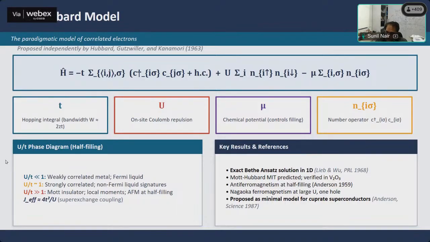Now, if you go to the other end of the spectrum, where U by T is much larger than 1, that means your effective bandwidth or hopping integral term is much smaller, whereas your Coulombic repulsion is very, very large, then clearly the system cannot remain conducting any longer. So then it behaves like what is known as a Mott insulator. Mottness will be described in the next slide as well. And so this gives you three broad regions of a rather simple phase diagram. However, there are more terms which can add into the equation. Like I said, in intermetallic systems, you would also have things like the crystal field splitting, which adds in.